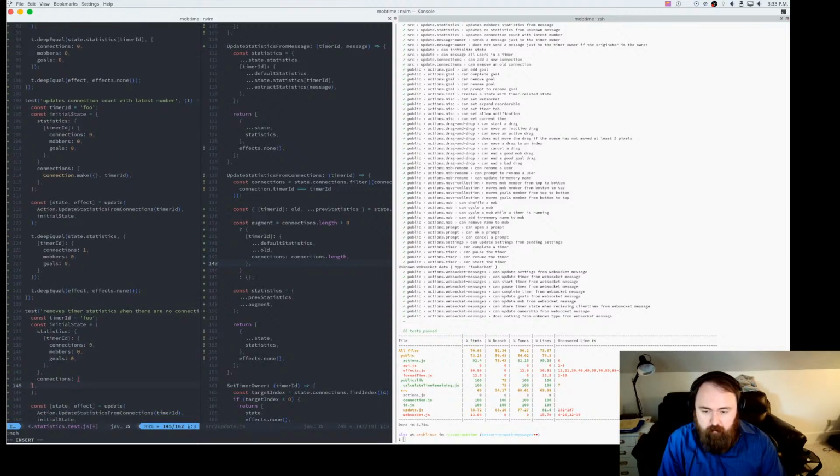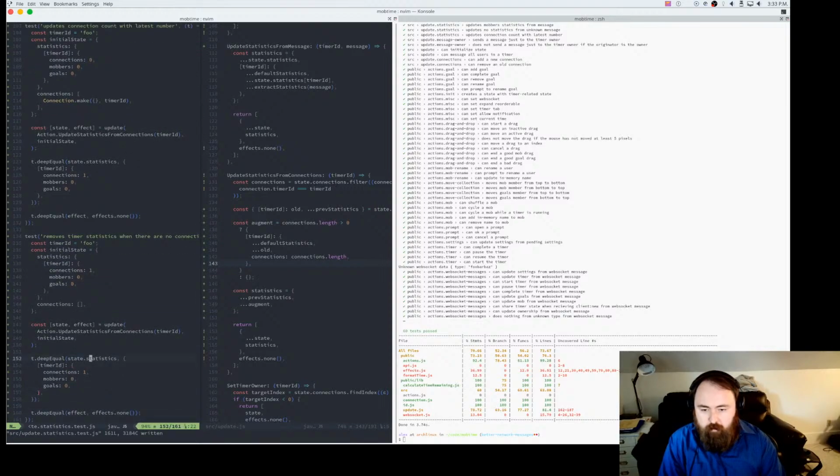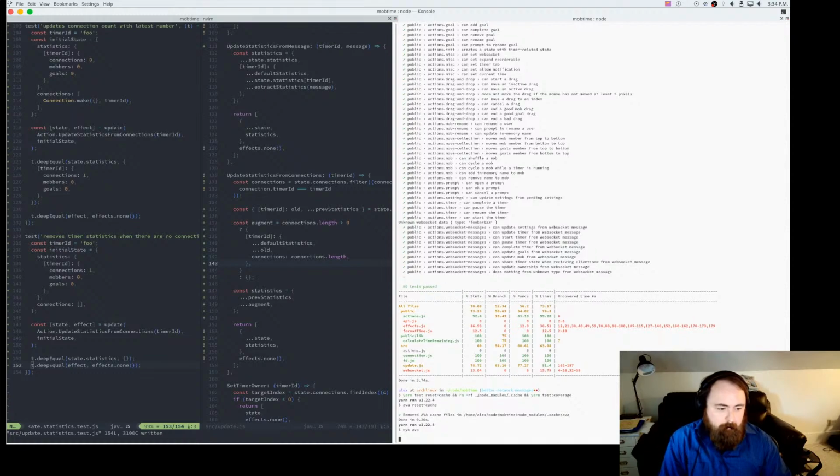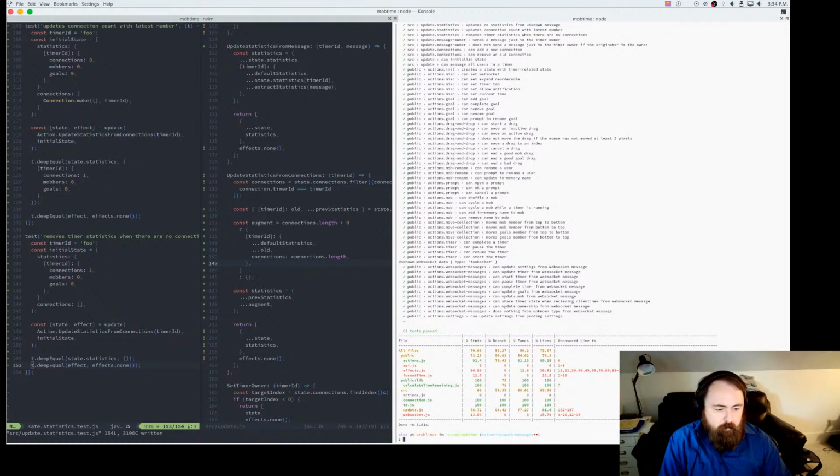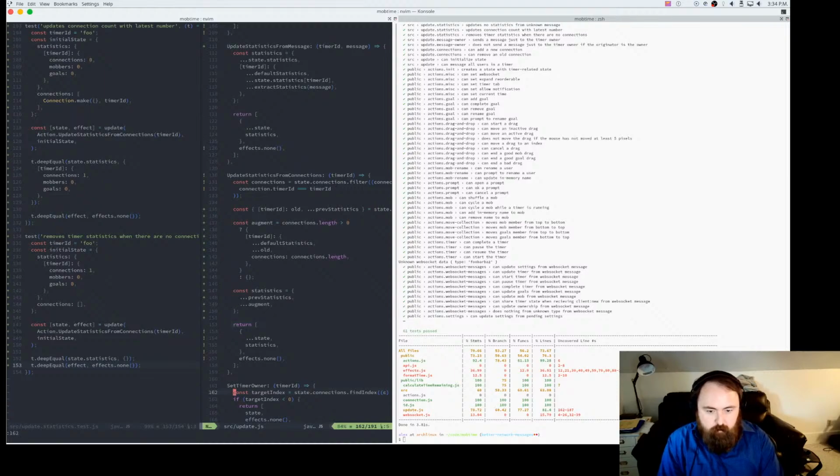So we're just gonna do that, and we'll set this initially there was one before, and now we're technically removing one, and now statistics should just be a nice empty. Oh, still passes, so that's cool. So the next one is 162.